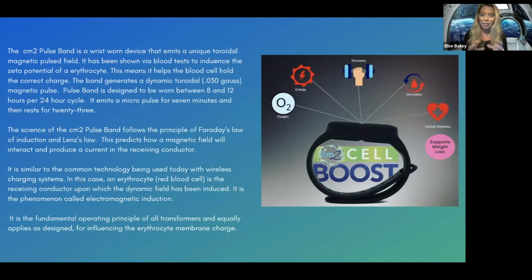It's going through the body, it's hitting those red blood cells, and it's reminding them what they're meant to do, because they've somehow been confused, screwed up, stressed, whatever, poison, who knows what's happened. We won't even go into that. But what we see is that this is being corrected. So it's the fundamental operating principle of all transformers and equally applied as designed for influencing the erythrocyte and the